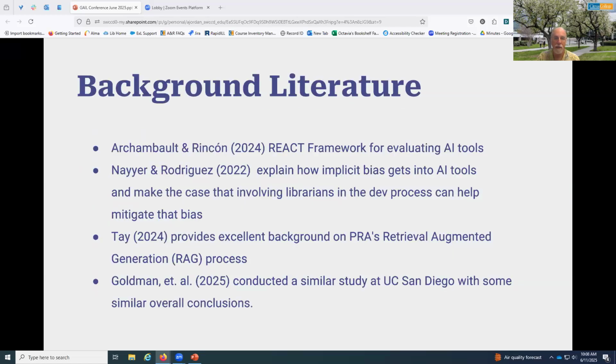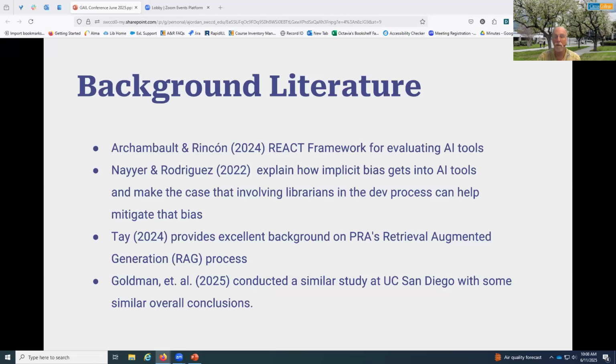So a little bit of background here. The literature on AI is, of course, like the field itself, emergent and burgeoning. Some of the works that most inform this study include Archambault's and Rincon's article that introduces the REACT framework for evaluating AI tools for research, which they also presented at this conference last year.